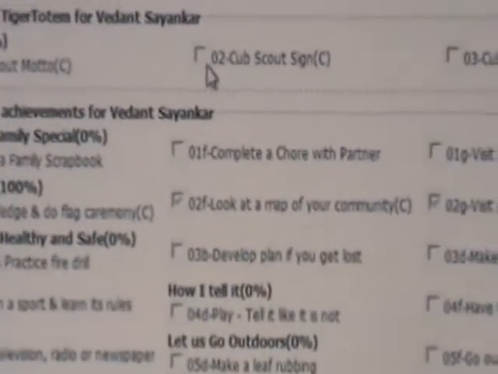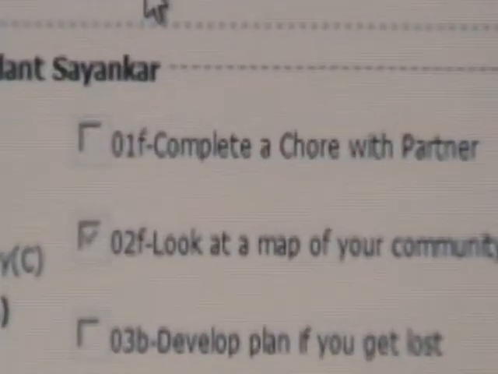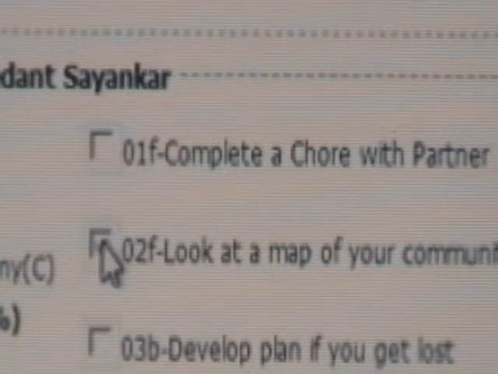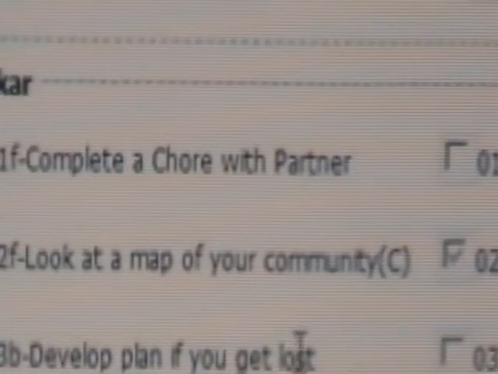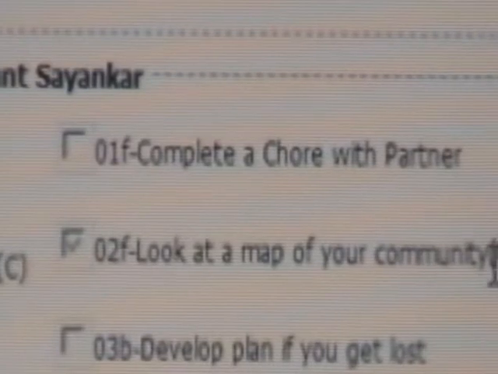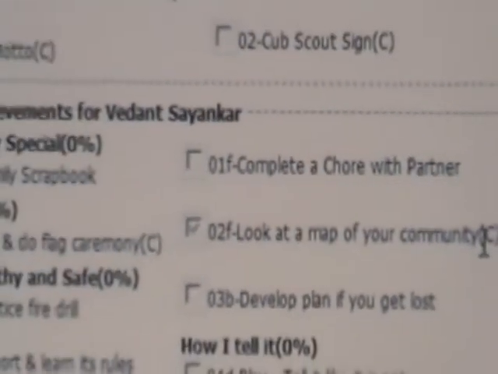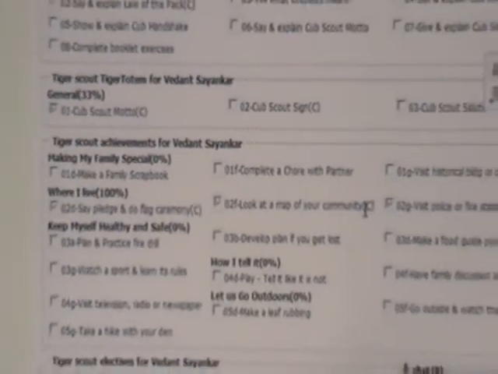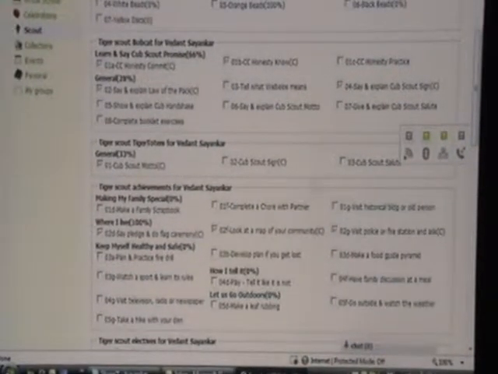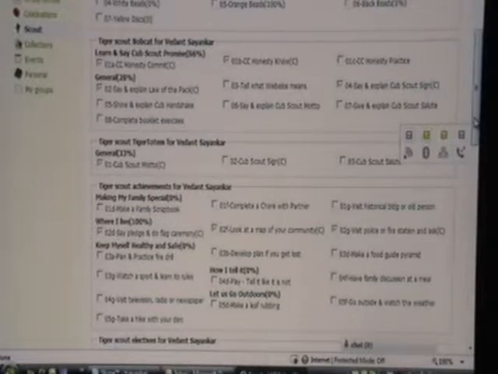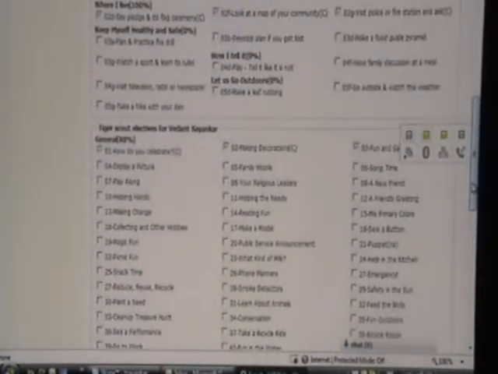Let me show you one simple example here. This is one. You see the check mark here, and it also says the activity is completed. That means it is completed by the Scout Boy, as well as it has been approved by the den leader or assistant den leader. So this is how you can see your record at one place. You don't need to really maintain it manually. You can just attend the activities here and keep a record, and this is there for your whole lifetime.